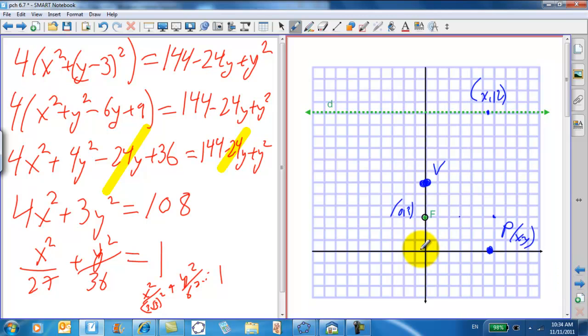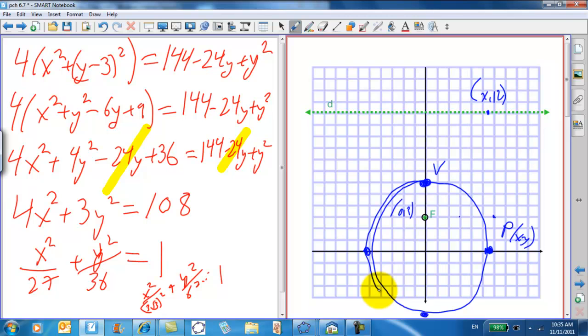With a center at the origin and going 6 each way in the y, that's 1, 2, 3, 4, 5, 6 here. Sure, we got that vertex right. And then 1, 2, 3, 4, 5, 6, so 7's going to be down here. And then 2 square root of 3 the other way, or square root of 27, which is a little bigger than 5. 1, 2, 3, 4, 5. Yeah, see, a little bigger than 5 that way. 1, 2, 3, 4. A little bigger than 5 that way. And there's our ellipse,